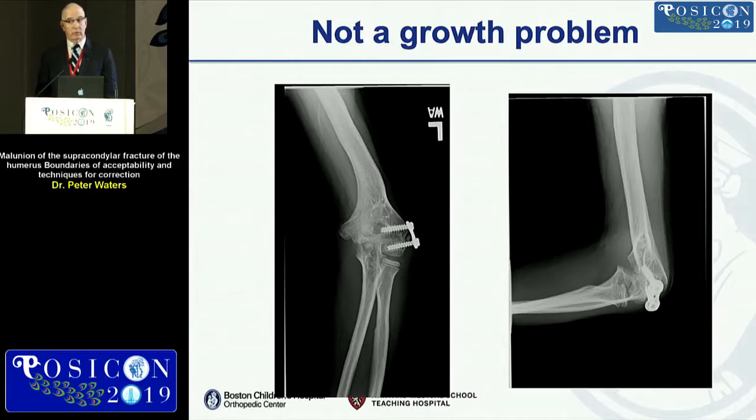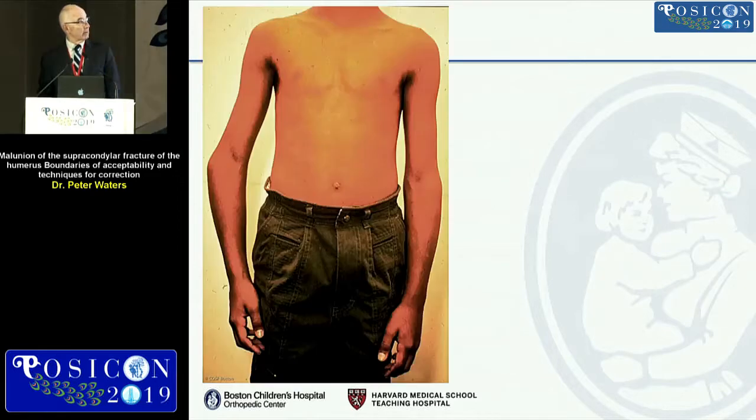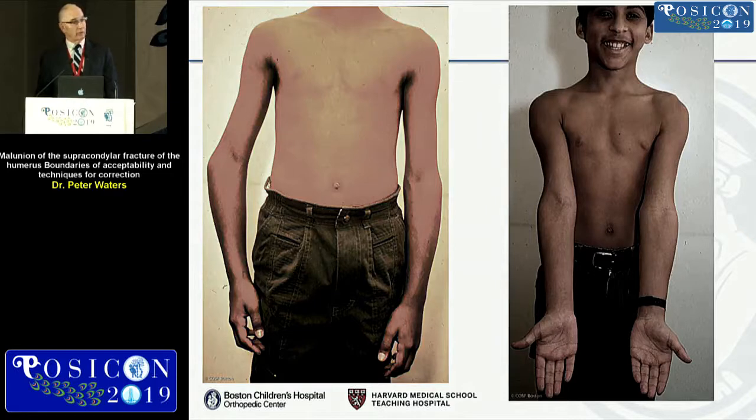Remember, 80% of the growth is in the proximal humerus, not the distal humerus, so if you use a growth-related technique, such as trying to slow down growth on one side and have increased growth on the other, that will not be an effective treatment around the distal humerus. And then there's a question of how bad is the aesthetics and how observant is the family. Although there's not a video here, the grandparents are taking a video in a dance recital and they see this and it's quite disturbing to them, and they present saying, you've got to make this better. So how do we make this better really comes down to corrective osteotomies,